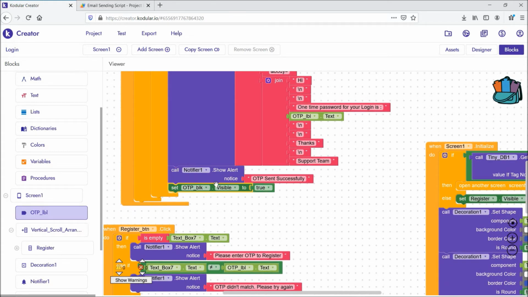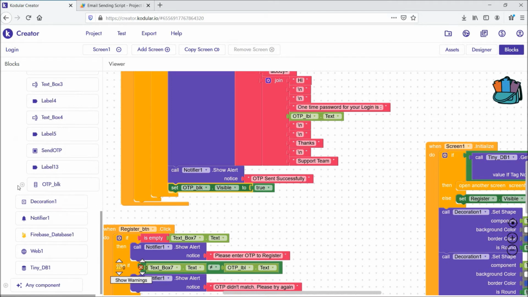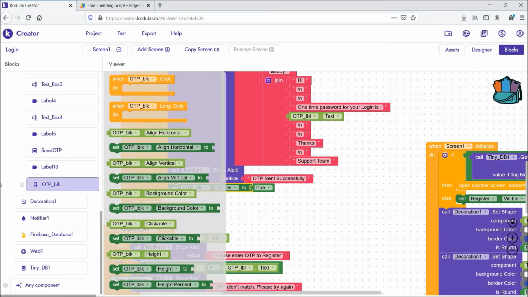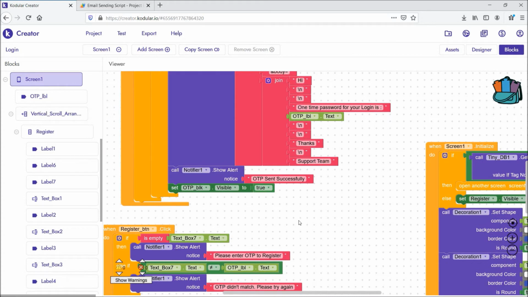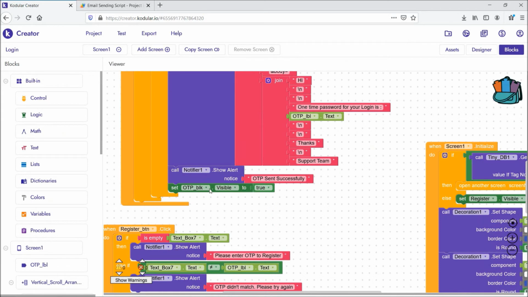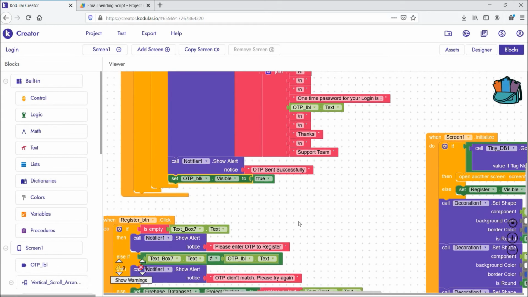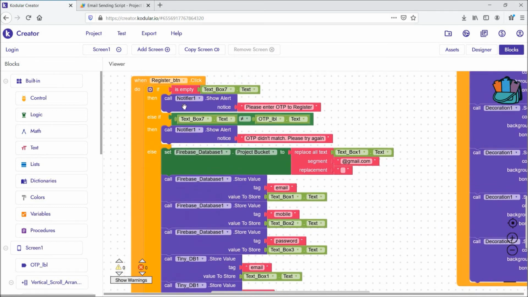After that I opened this OTP block. There is an OTP block in the register form, guys. This OTP block, it is visible. It contains one text box and one register button. So I just made that visible here. After that, coming to